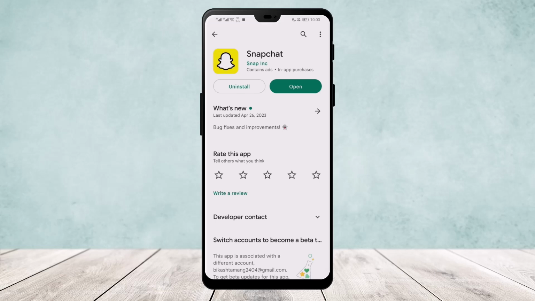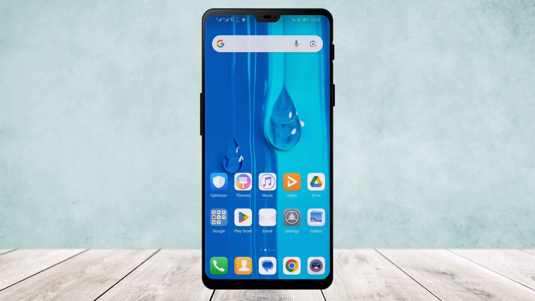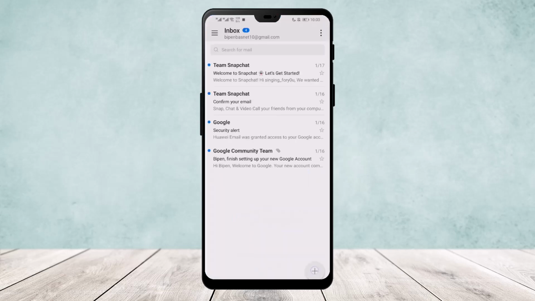So the second thing is, as Snapchat asks you for a verification code and you are not getting the verification code due to certain reasons, it might be that you don't have the number anymore. So what you can do is email Snapchat directly. It's the only way. So all you need to do is go ahead to your email and create a new